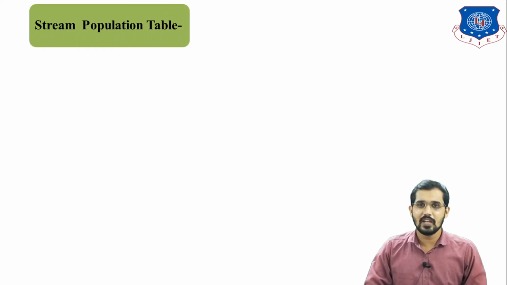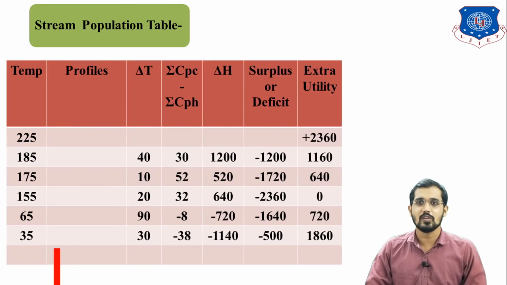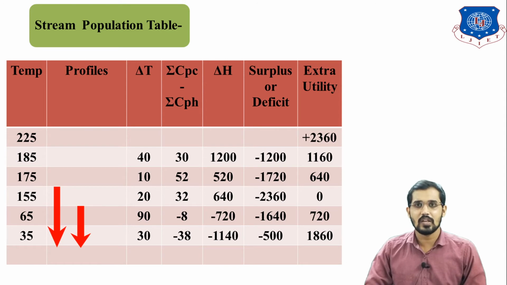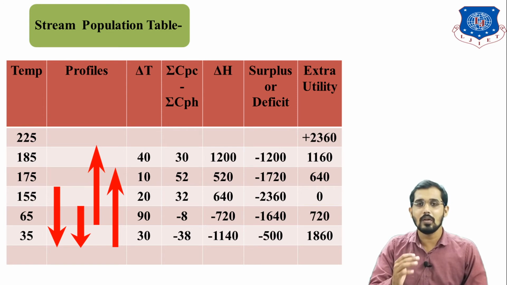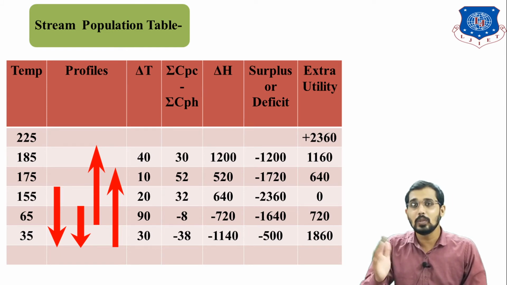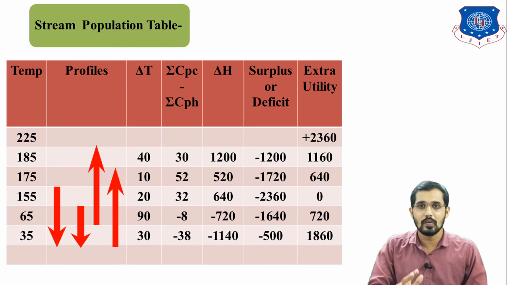You can see on the screen now, this is the stream population table. We have solved this numerical in the last lecture as well, where I explained how to find all these values. So in this lecture, I have explained all these steps, meaning how to write these steps in the exam. We will quickly revise and apply those steps in this table now, so we will get a better idea about the stream population table.